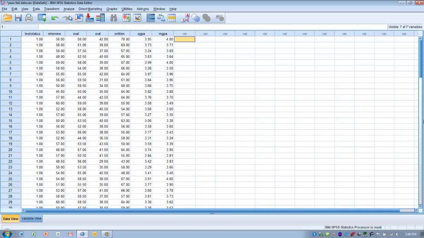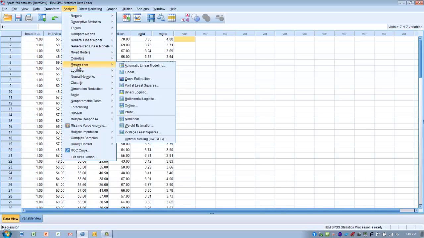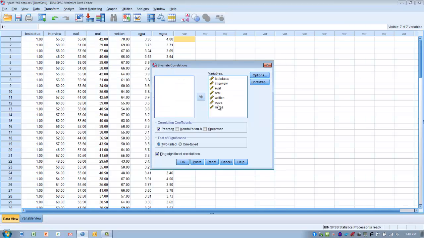Okay, so in order to do the analysis, a first preliminary step is to actually look at the potential correlations between our predictor variables and our outcome to see if there is some kind of a relationship there, and that will give us some idea of what to expect as far as the strength of the prediction model that we come up with. And it will also give us some idea of which variables we may or may not want to include within the model. So we're going to go to Analyze, Correlate, and we're going to do bivariate correlations on all of